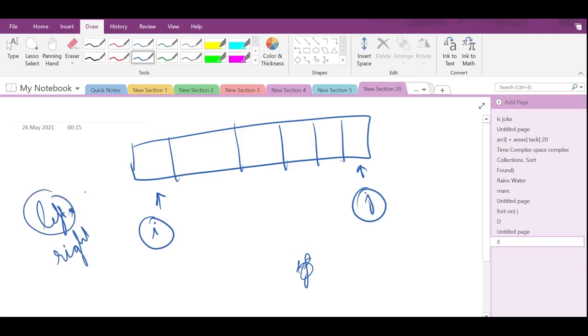Left max is the maximum tower height I have achieved to the left of i, and right max means the maximum value I will achieve to the right of j.